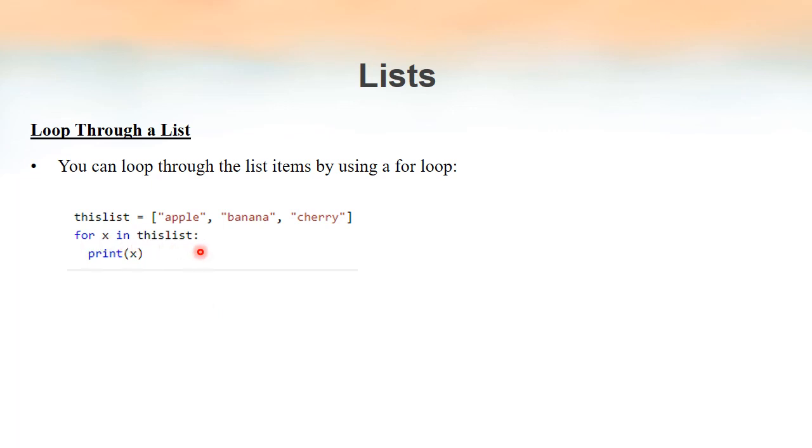So when we write like this, for x in this list, what we mean is initially x will be pointing to the first element, then we are printing the value of x, so it will print apple. Then again this loop will iterate, x will be pointing to the second element of the list, banana, and it will print that value. Then it will go to the third value, it will print the value of x, and finally when the list is over, the loop terminates.